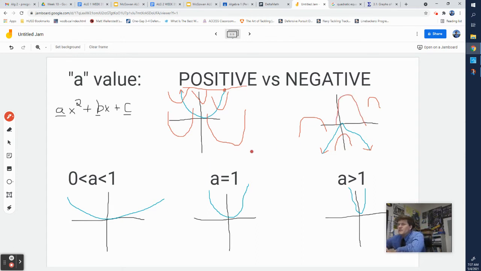And again, just like with a positive one, it could be anywhere, but you always know for sure it's pointing down. Now, when you have A values between 0 and 1, your 1/2s, your 0.1s, your 0.25s, your 1/8s, your fractions that are smaller than 1, your decimals that are between 0 and 1, these coefficients mean your graph gets wider. The way I want you to think of these ones, guys, this A value, I want you to relate it back to slope because it really relates back to slope